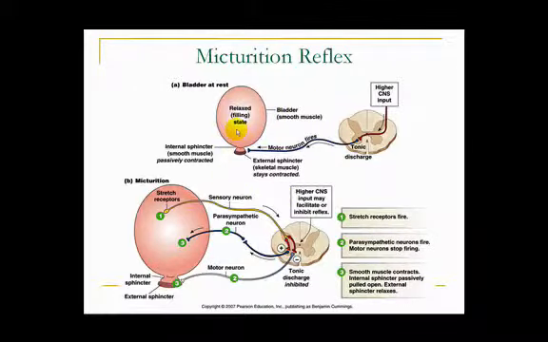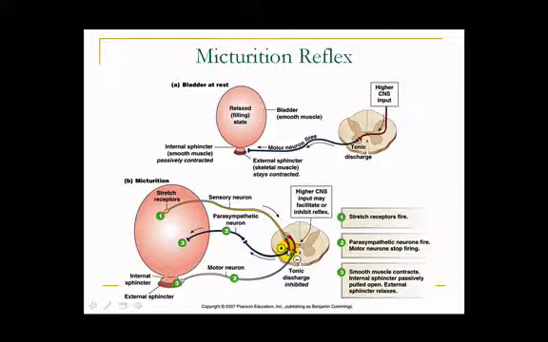So this is what the reflex kind of looks like visually. You have your bladder, and then you have a neuron that travels to your external sphincter, which is skeletal muscle, that causes it to stay contracted, and you can voluntarily control that. Now your internal sphincter is smooth muscle, and it is involuntary. And so your bladder fills, and as it fills, it triggers stretch receptors, and that impulse gets carried on a sensory neuron to the central nervous system, and then out through